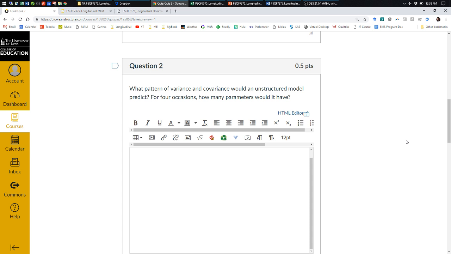Yep. And if you took SEM, you also know this idea as what? The saturated model, right? H1. Yep. That's letting the data be whatever it wants. That's the comparison model when you fit your factor models too to see how well it fits in an absolute sense. What kind of data do you have to even try to fit this model?